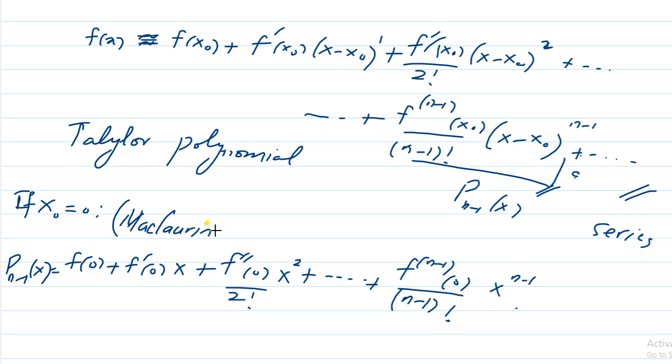Okay, Taylor polynomial about x equal to x naught. This is what we say, about x equal to x naught. But if x naught is 0, we call it Maclaurin. When we call it Maclaurin, we don't have to say it's Maclaurin about 0 because it's automatically understood that it is always about x equal to 0. So